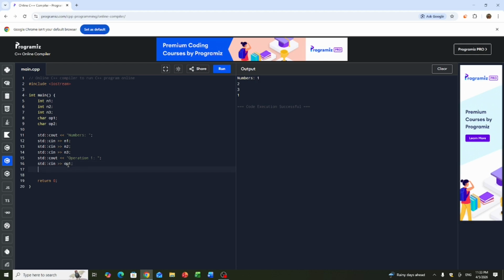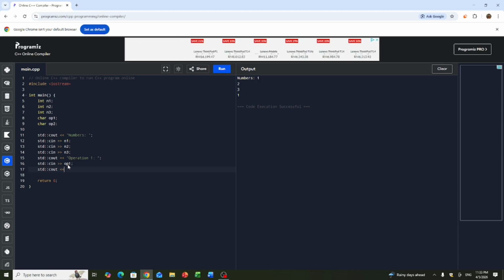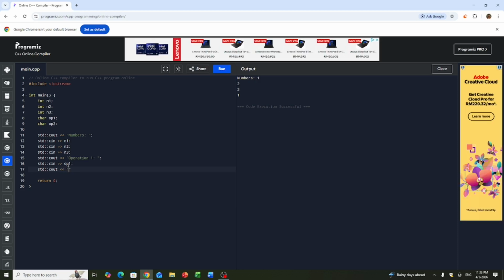Then put the value for operation 1, then print operation 2,